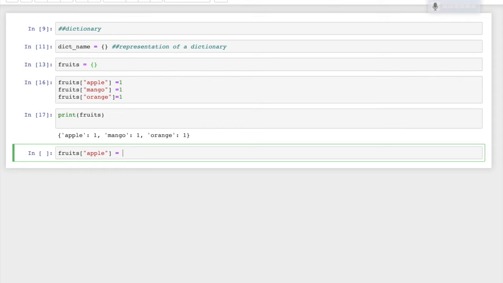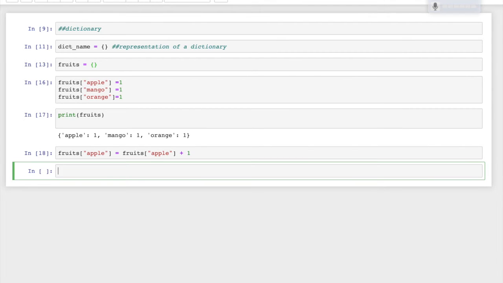What I want you to follow is this: fruits apple plus 1. What is the value of fruits apple? Fruits apple is equal to 1. Here it will be 1, so 1 plus 1 equal to 2.